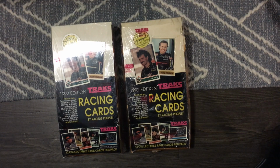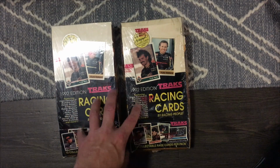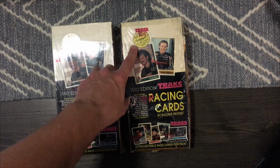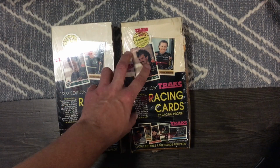I'm watching the 2020 All-Star race on Fox, and I figured I might as well open up a box of cards and make a little video. I'm going to open up this one and not this one. They're both 1992 Traks. They have the possibility of getting a certified autograph card inside the packs, which